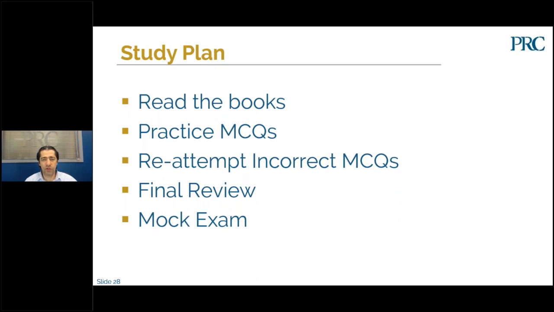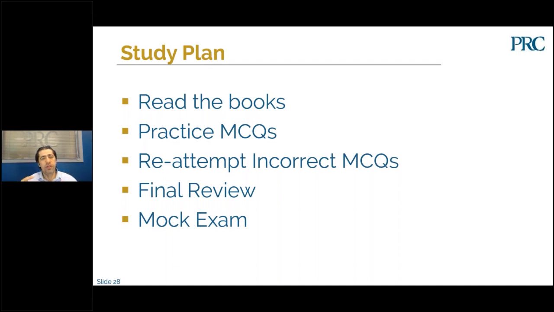first attempt. So if I attempt the question today and I get it incorrect, I don't want to reattempt it today or tomorrow or the day after. The longer I wait, the better it is. Now, if I can wait up to a week or 10 days, it's better. So reattempt your incorrect questions after 1 week or 10 days to allow time for you to have learned the